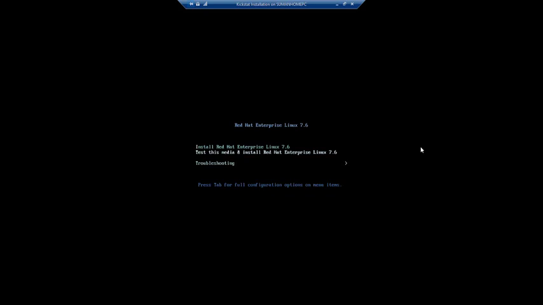I am pressing tab. Okay, in the below line I am pressing space, then I am pointing to my Kickstart configuration file.